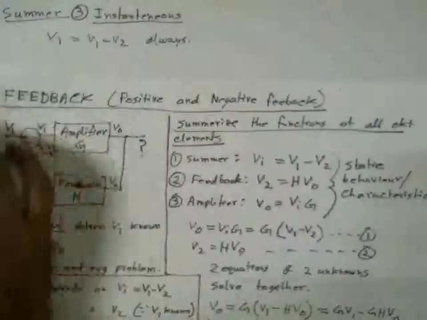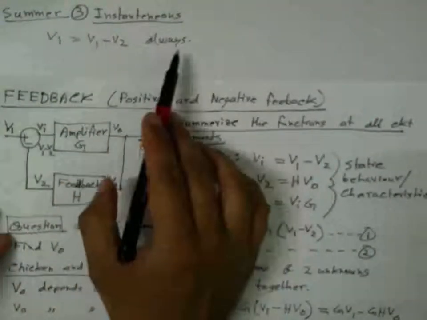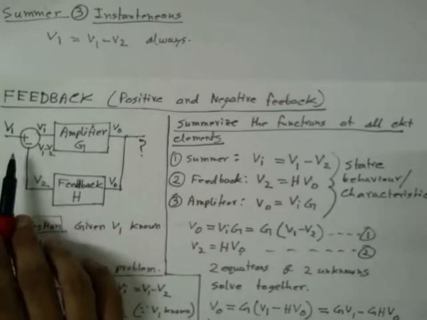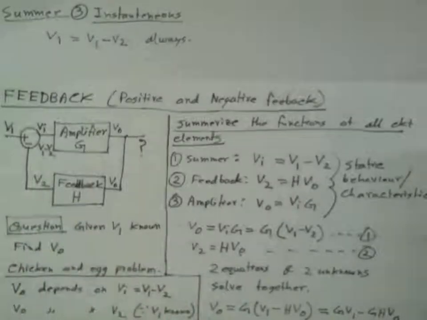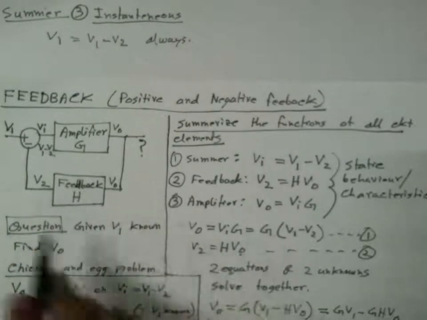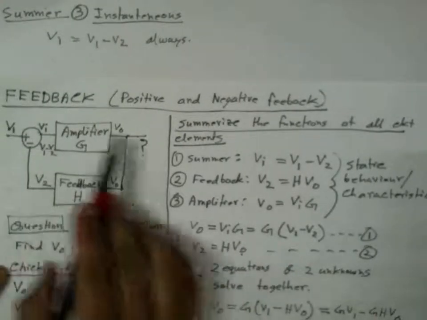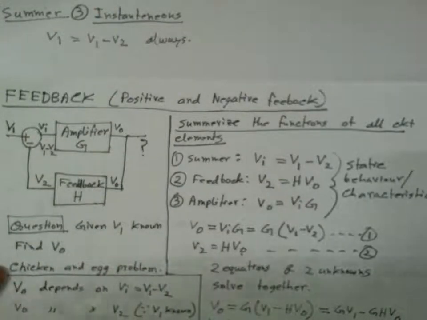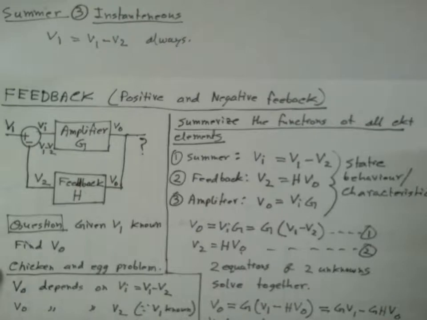So there is no complicated dynamics involved in the behavior of the summer. This is again to make our life simpler. Okay, so now we have made all our necessary assumptions to understand the dynamic of this circuit, and therefore we